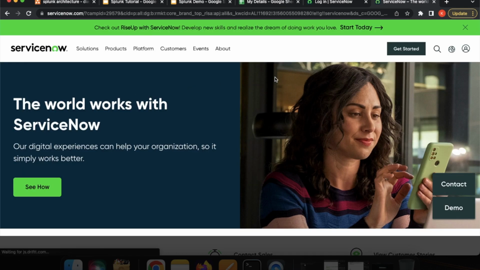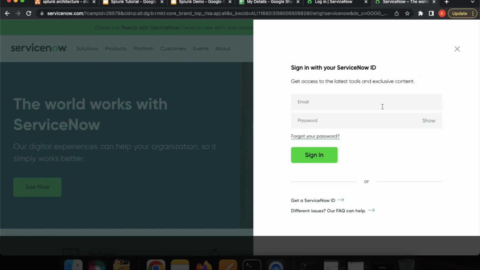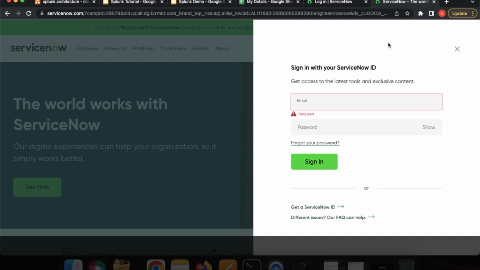Okay, so now if you already have a login, you can click over here on the person icon that you are seeing. If you click it, it will ask for your registered email and password. If you have an account, you can click on this and sign in. Otherwise, if you do not have an account, you have to click on this link, get a ServiceNow ID, and if you click on this one,